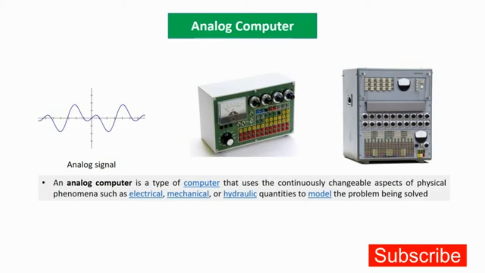So analog computers you can find mostly in a hospital. In fact, in a hospital the kind of computers we have are the hybrid ones. We are going to talk about that. Okay, so this particular computer works on an analog signal, and such a kind of signal is called an analog signal. Basically it is used to interact with the environment, just to see what changes are taking place in your surrounding, or what is happening in the movements, or anything that has to be checked in your body. Okay, so that's the analog computer.